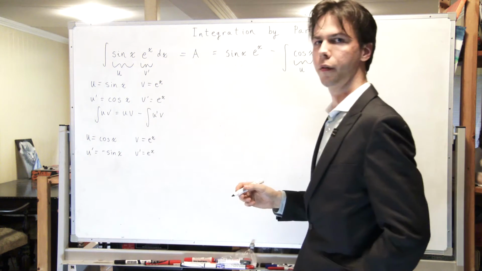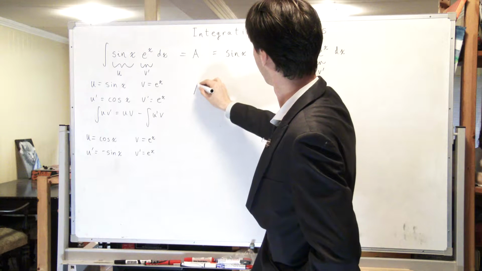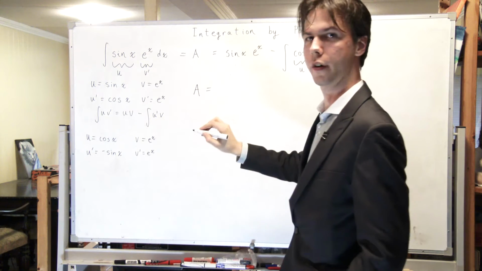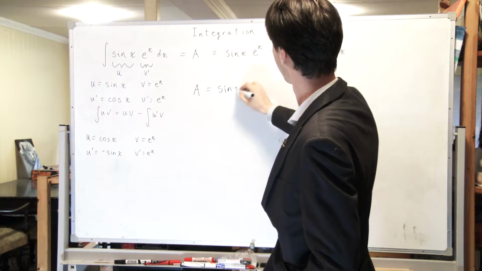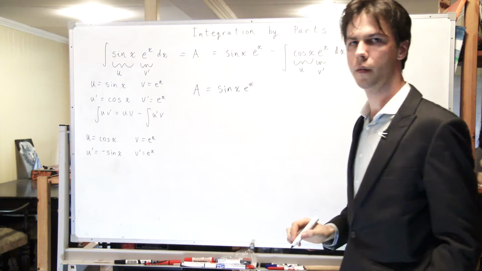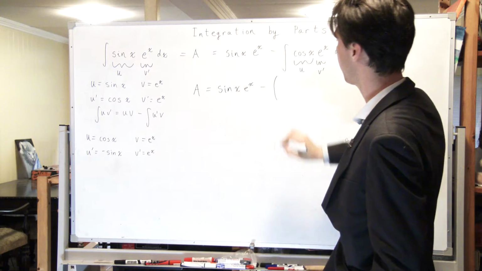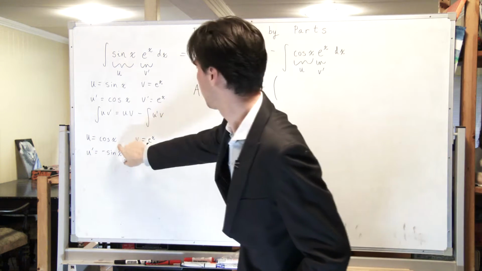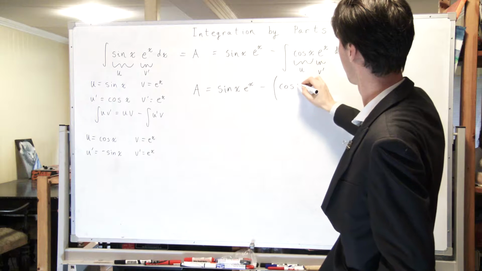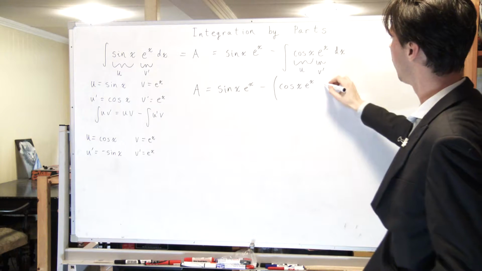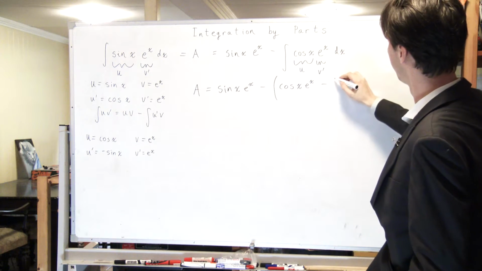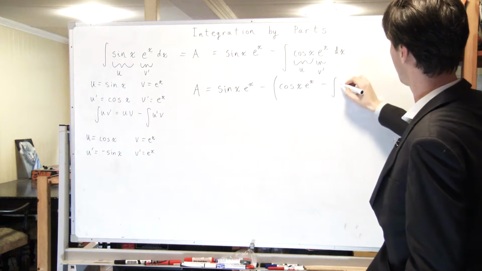I'm going to write the whole thing again. So my integral a that I'm trying to solve is sine of x times e to the power of x. From that, take away, then take away the integral of